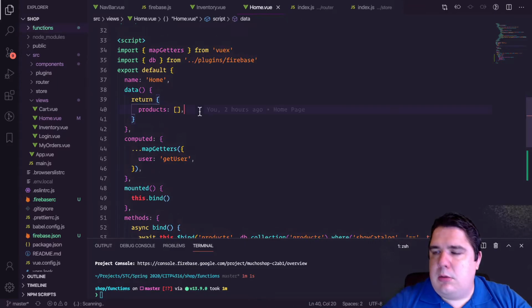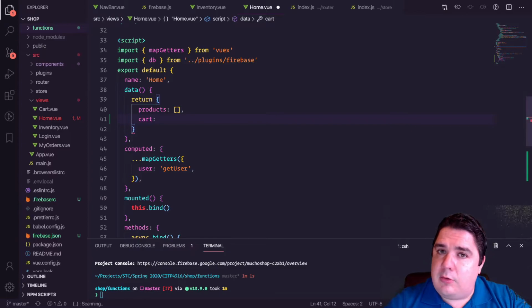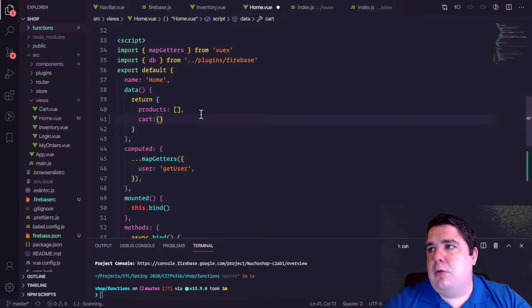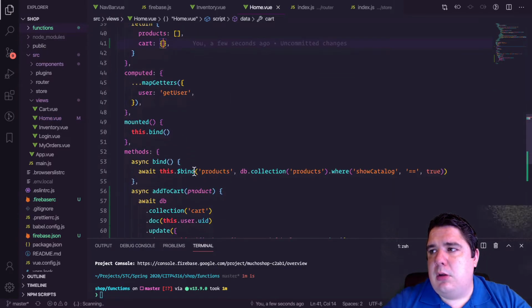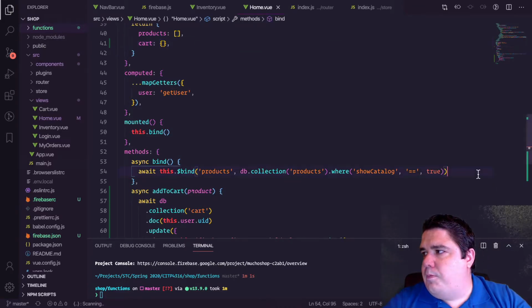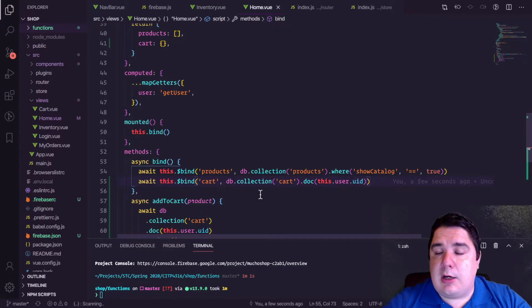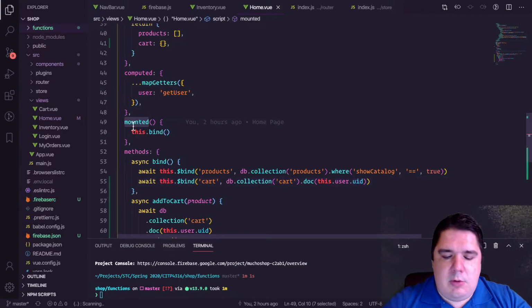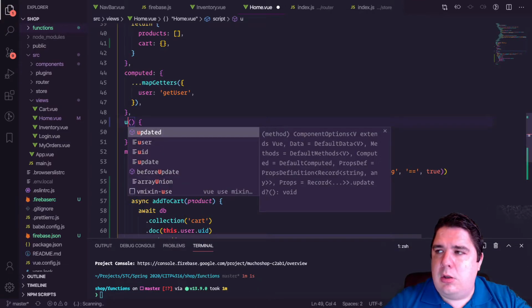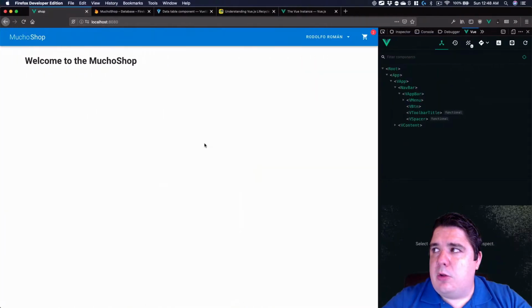So the only thing that we can do is go into my home directory here. I need to read my cart because from home I cannot see it. I can see it from the navbar, but not from home. So my cart is going to be empty, and whenever I bind it, I will bind this particular cart here to get the cart from this particular user, and probably we just need to do the updated method just to make sure that everything is there in order to do the binding. If we check that,